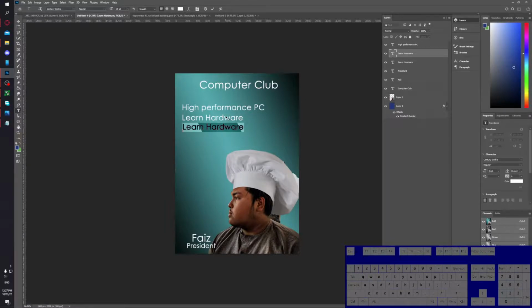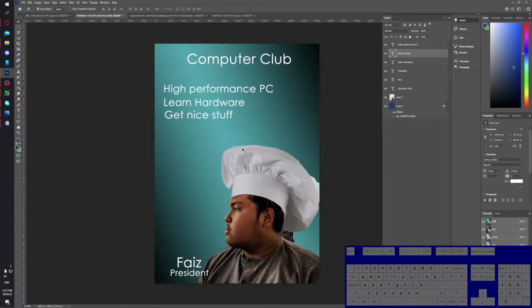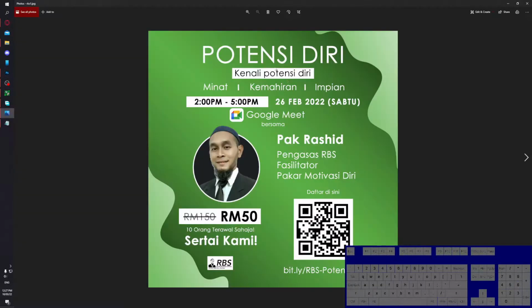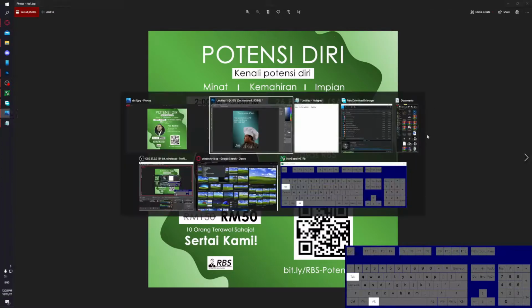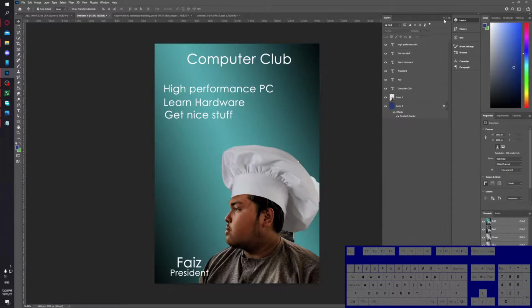Then hardware, get nice stuff. Okay, I think that's the core importance of making a poster. So how do you make this jelly thing? Okay, next,